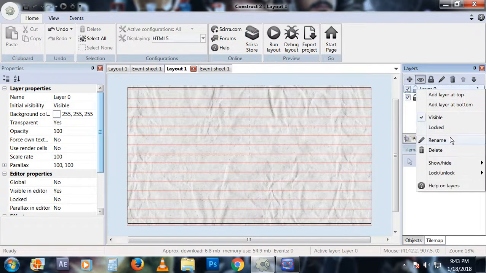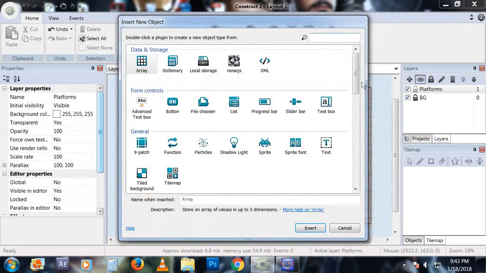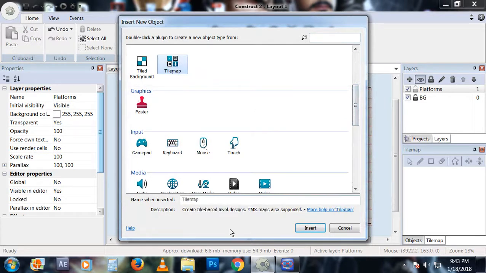Right click again. We're going to rename this layer for the platforms that we're going to be jumping on. And let's bring some platforms in. We're going to right click, insert new object. We're going to be using a tile map, which is actually pretty cool. I'll show you what this does. So we'll call this TMP underscore